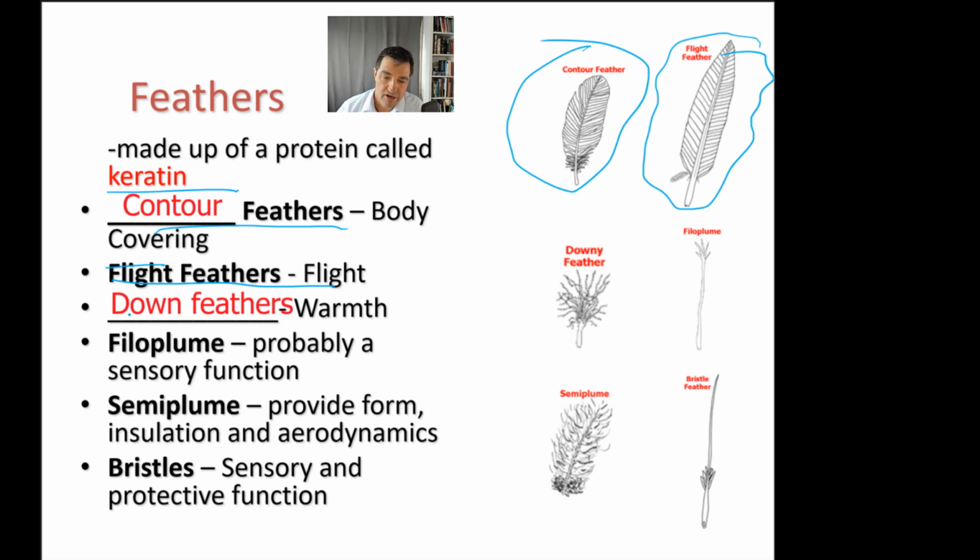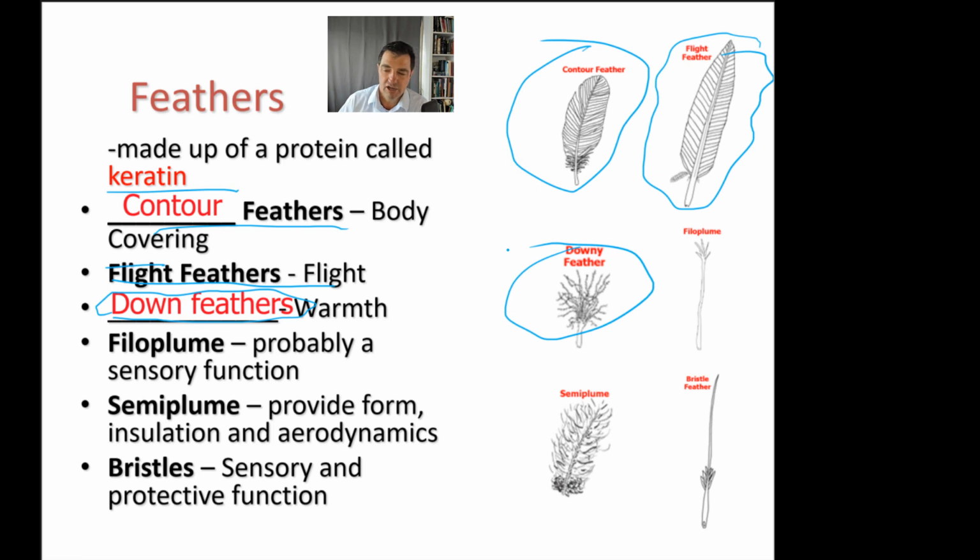In addition to flight feathers, they also have down feathers. You might have heard of down feathers before. If you have a down sleeping bag or a down jacket, they tend to be very, very warm, and the down feathers are used for warmth. They're one of the best insulators that we know of in nature. You can buy a synthetically made down sleeping bag, but unless you spend a lot of money, it usually isn't as good as the down feathers themselves. So we're getting better at making something that's better than what you find in nature, but it's taken a long time. So those down feathers are very, very good